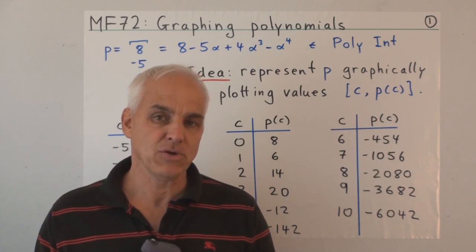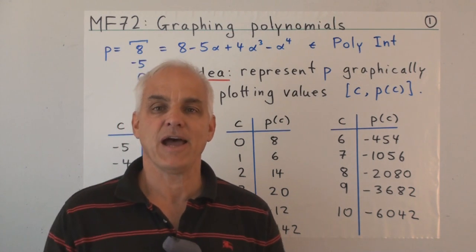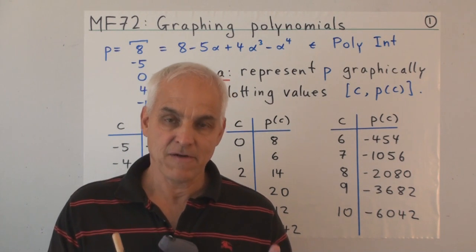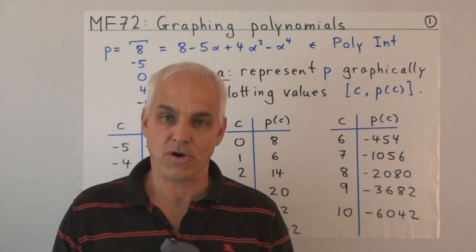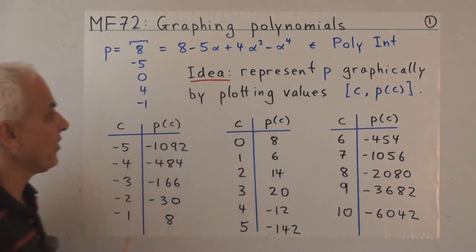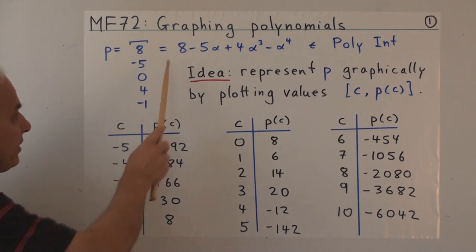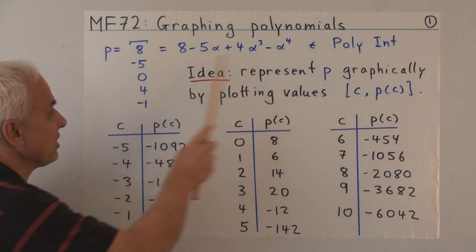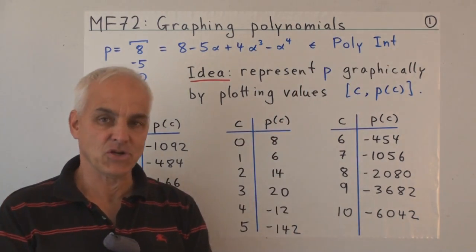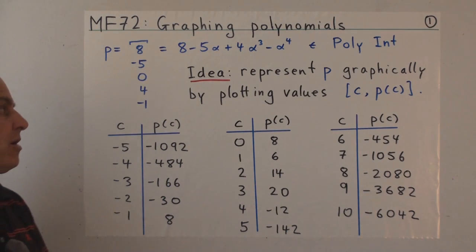Now I'm going to increasingly be using the polynomial word rather than the polynumber word to make contact with more classical mathematics. But I hope you keep in mind that for us a polynomial is just another word for a polynumber. So when it comes down to it, a polynomial like this is essentially just a list of numbers. The lists of the coefficients of the various powers of alpha. And today we're going to be talking about just those polynomials with integer coefficients, so-called integral polynomials or integral polynumbers.